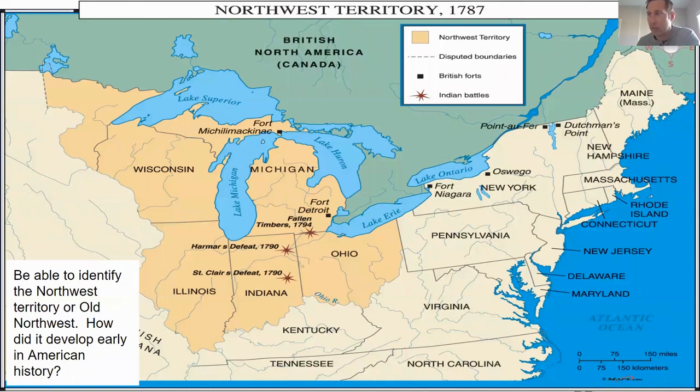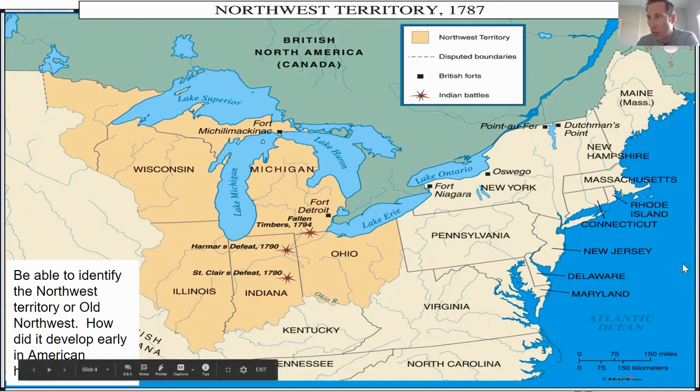Okay, so that takes us to another really important geographical location, and that is the Northwest Territory. So the establishment of the Northwest Territory and the organization of the Northwest Territory happens during the Articles of Confederation in the 1780s. It's one of the few things that the Articles of Confederation actually accomplishes. It's a weak government. It doesn't do much, but one of the few things that it does is that it